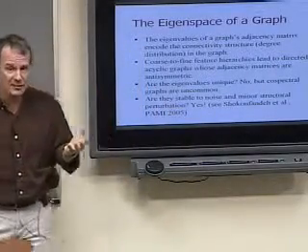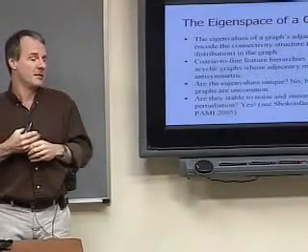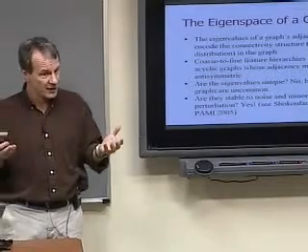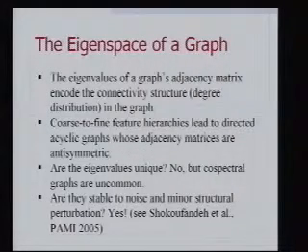It can be an undirected graph, a 0, 1 symmetric matrix. If it's a directed graph where 1 means forward, -1 means backward, it's an antisymmetric 0, 1, -1 matrix. Okay, so we can compute the eigenvalues, and they characterize how the degree of the nodes is distributed throughout the graph. So it's a weak characterization of the shape of the graph that talks about how bushy the nodes are, how bushy the branching factor is, and how that's distributed throughout the graph.